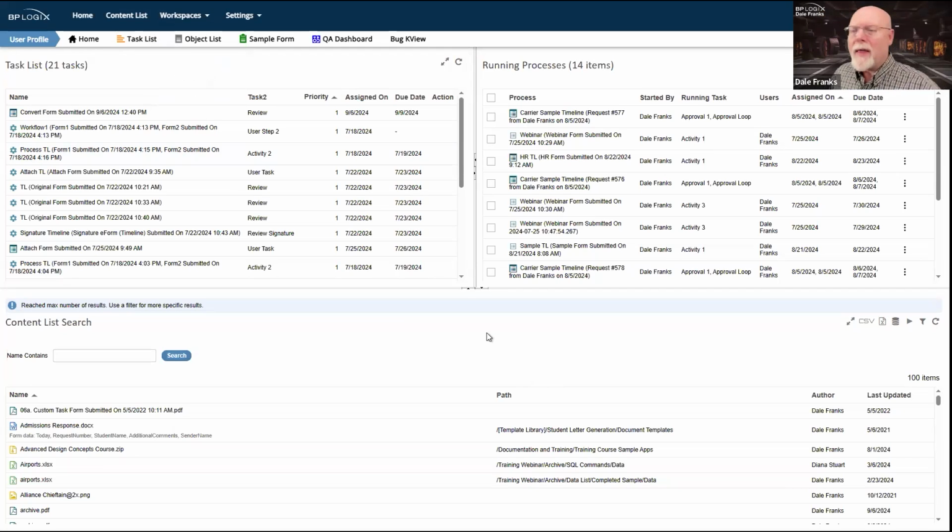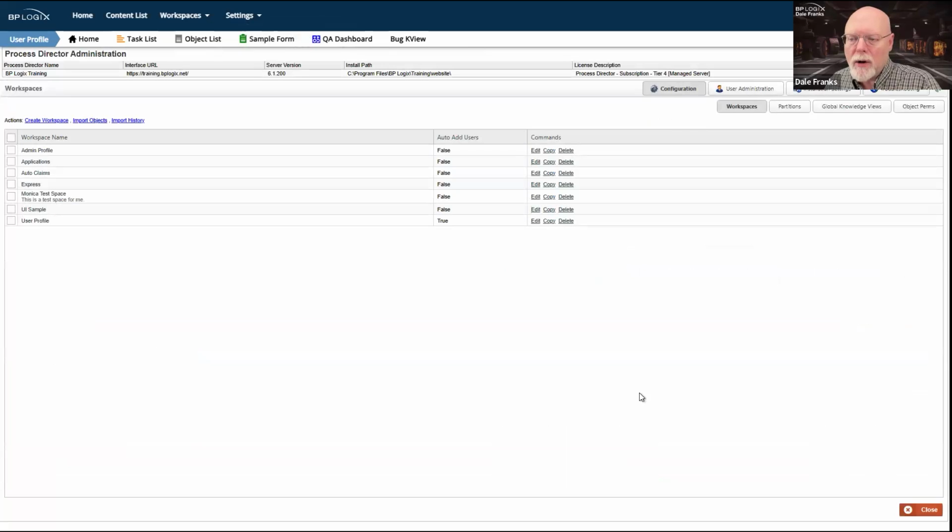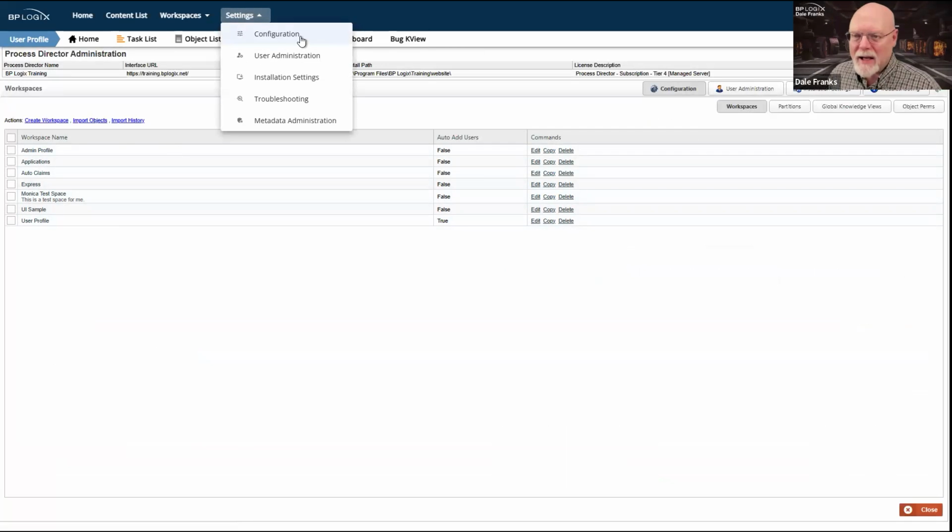So with all that in mind about workspaces, now we can kind of pull back and get into some more detail about the actual workspace configuration itself. So we'll go to configuration, and we'll just start off by creating a new workspace. I just want to be sure I did delete the webinar workspace, so now I can recreate it. So in my IT admin area, settings, I go to configuration.